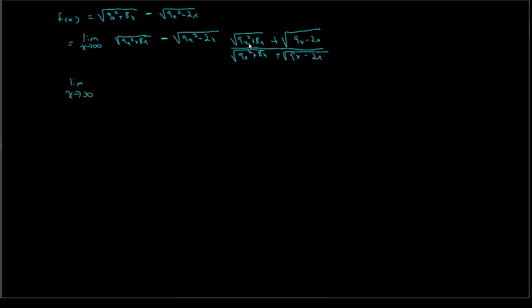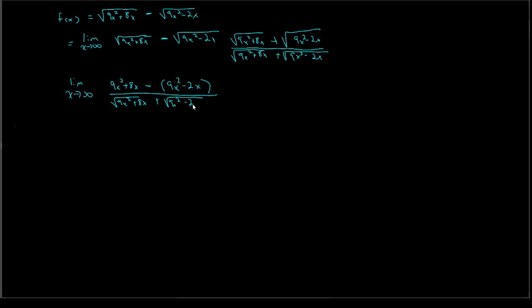And so if we multiply the top, what we notice is we have a difference of squares, so we're going to get the first squared, that's 9x squared plus 8x, minus the second squared, 9x squared minus 2x, because the difference of squares clears those radicals. And then on the bottom here, we're going to leave the square root of 9x squared plus 8x plus, forgot to write my little square roots in there,